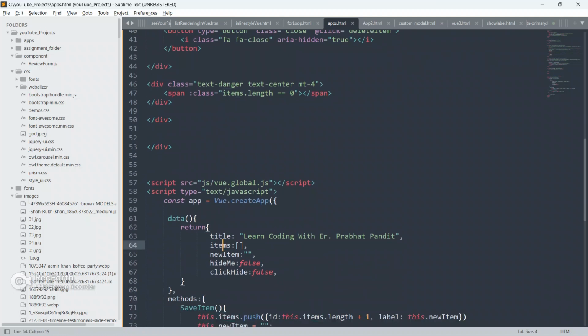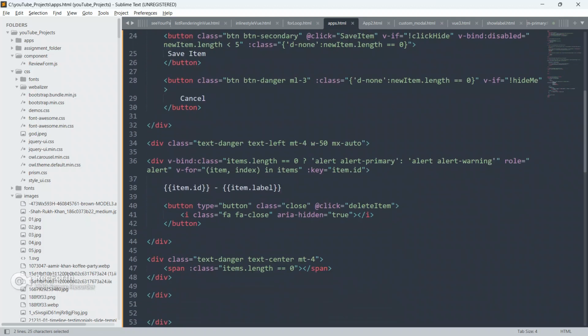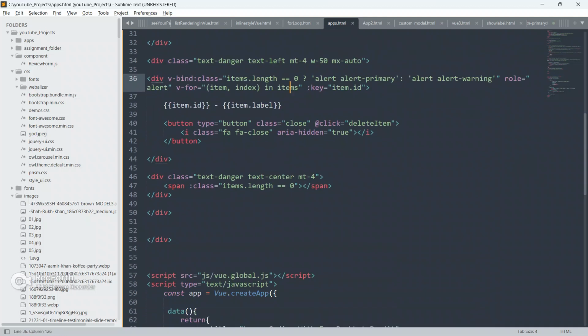If items.length, I'm talking about this array items, from here, item in the items. If items.length equal to 0, then we are using the ternary operator here.